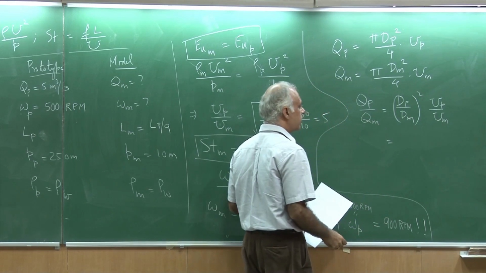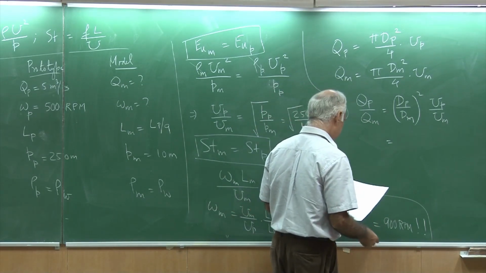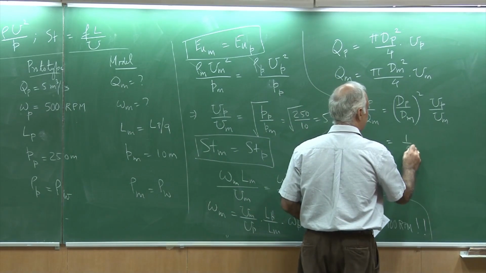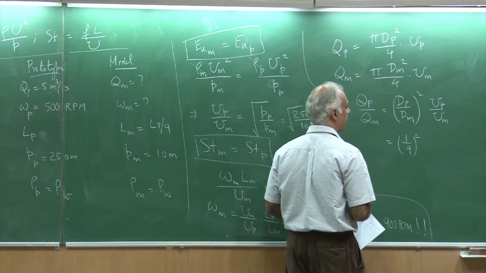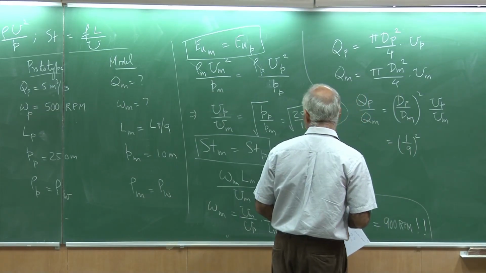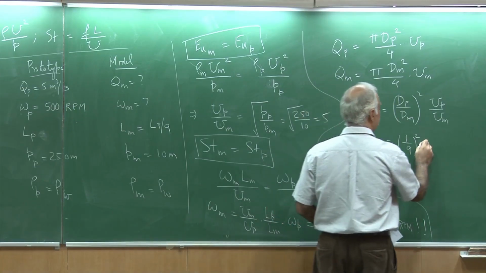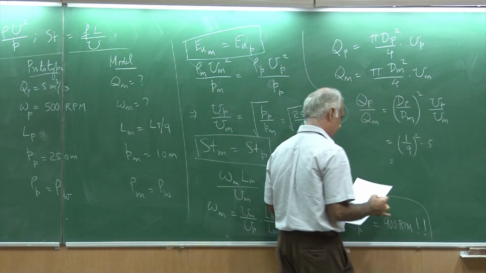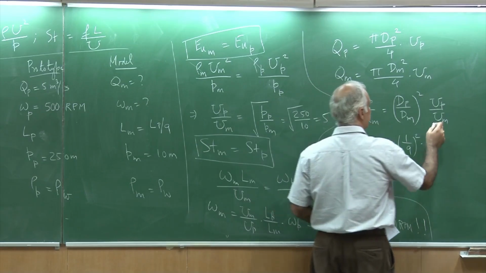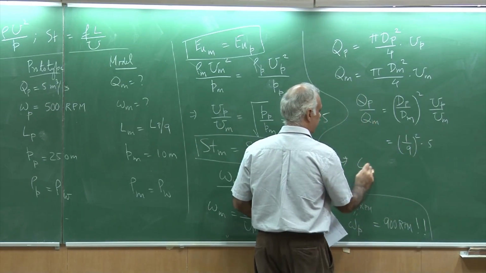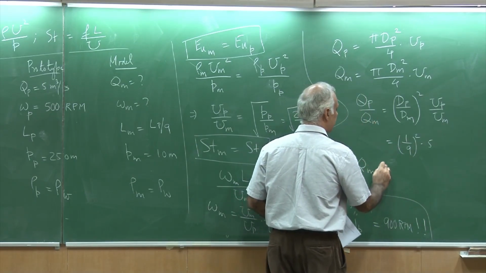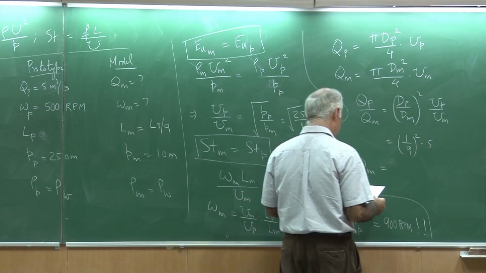So, if you work these out, the dp by dm is 1/9, it is the 9th scale model, and up by um is here 5, and therefore, this would imply that my Q model would be simply